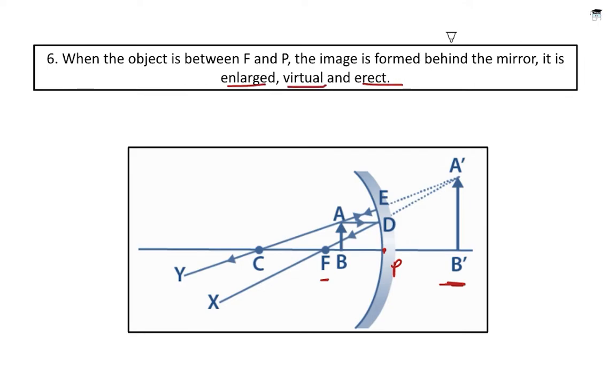So now what you have to do is practice these 6 cases because these are very important cases. Questions come from this topic, so practice on your own. Try to draw these ray diagrams on your own, and after you are perfect in this, after you're confident in concave mirror, then move to the convex mirror.